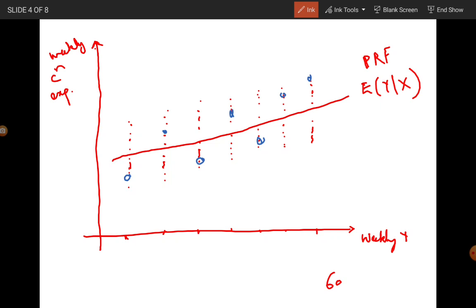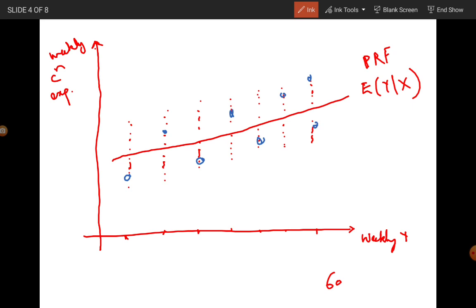So we probably have only a handful of these values in our sample that is chosen. Since the population is not known to us, based on the sample, I have denoted the sample values in blue, okay? So based on these 1, 2, 3, 4, 5, 6, 7, maybe 8 or 9 values,